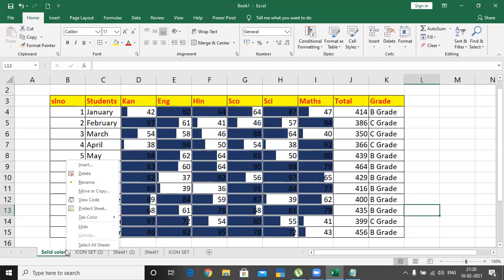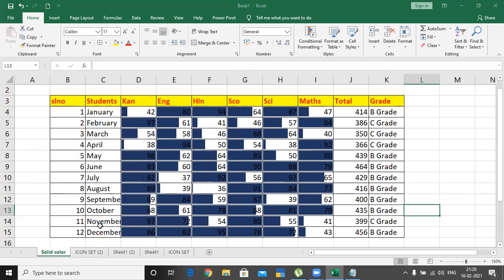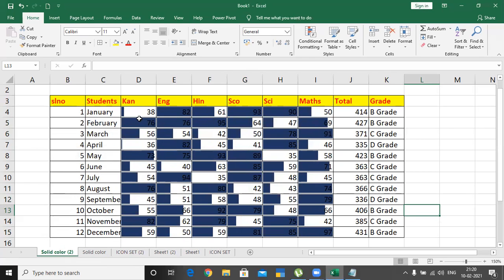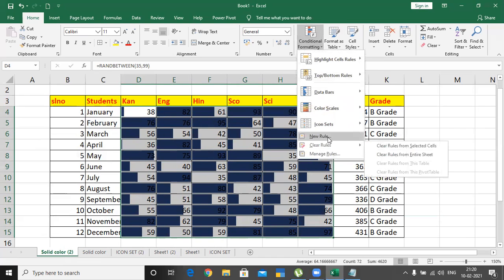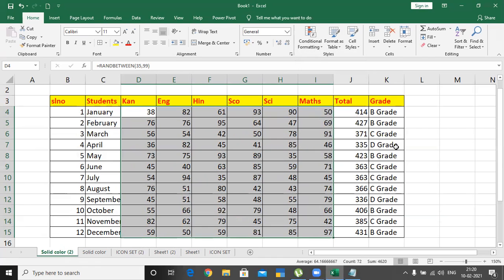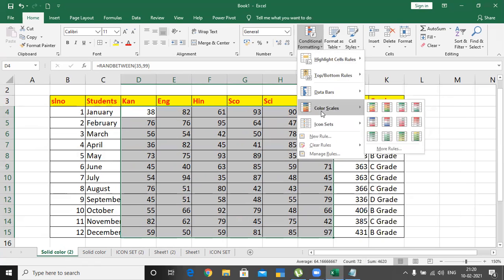Then do right click again, then create a copy. So select it, conditional formatting, set this. Now you created data bars of multicolors.